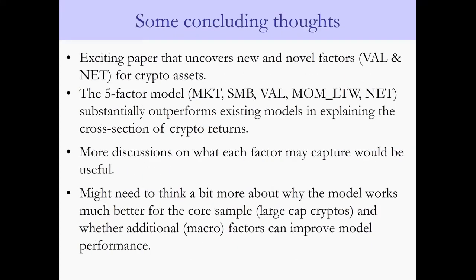So to summarize, this is really an exciting paper that uncovers new and novel factors for crypto assets. In my opinion, this is really the best paper in this field. And the 5-factor model substantially outperforms existing models in explaining the cross-section of crypto returns. I think it'd be useful for the reader to have some discussions on what each factor may capture. And also it might be useful to think a bit more about why the model works much better for the core sample, which includes mostly large cap cryptos, and whether additional